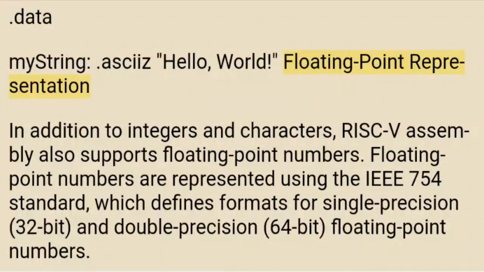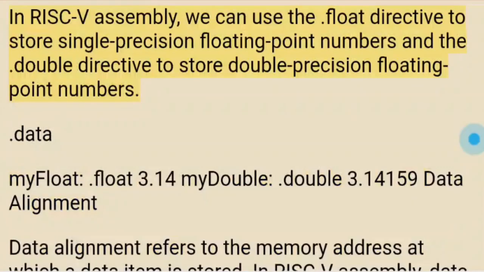Floating point representation. In addition to integers and characters, RISC-V Assembly also supports floating point numbers. Floating point numbers are represented using the IEEE 754 standard, which defines formats for single precision 32-bit and double precision 64-bit floating point numbers. In RISC-V Assembly, we can use the .float directive to store single precision floating point numbers and the .double directive to store double precision floating point numbers. .data myFloat: .float 3.14 myDouble: .double 3.14159